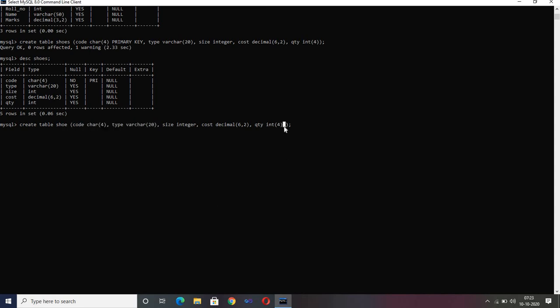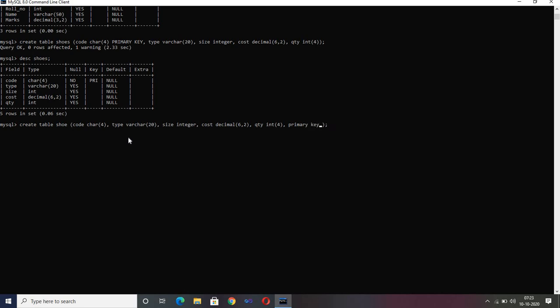For that the code will be, after creating the columns, what we have to do, we write the word again primary key, okay, comma, we will write the word primary. Okay, either write this in small or caps, that doesn't matter.